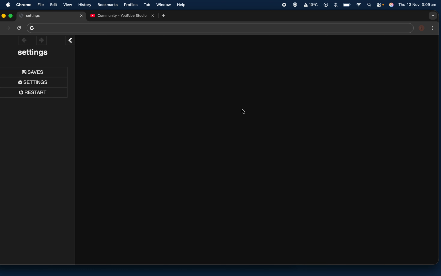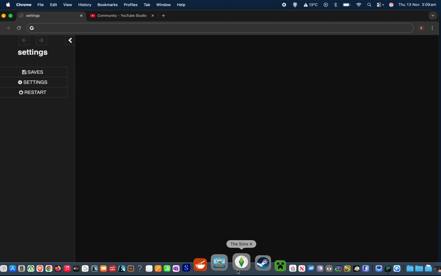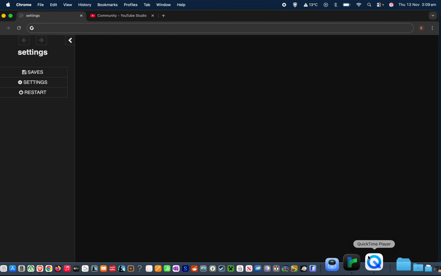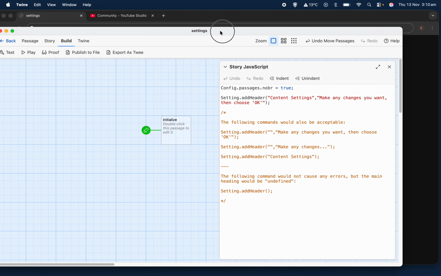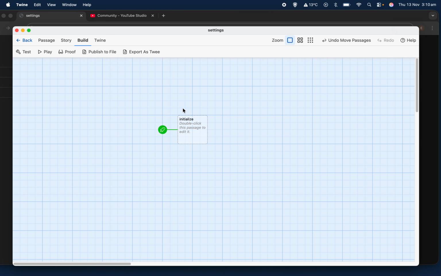So with that caveat, I would like to spend the rest of the video showing you how to set up this settings button, and then in the next video, we will talk about having options. Because it's all done in JavaScript,